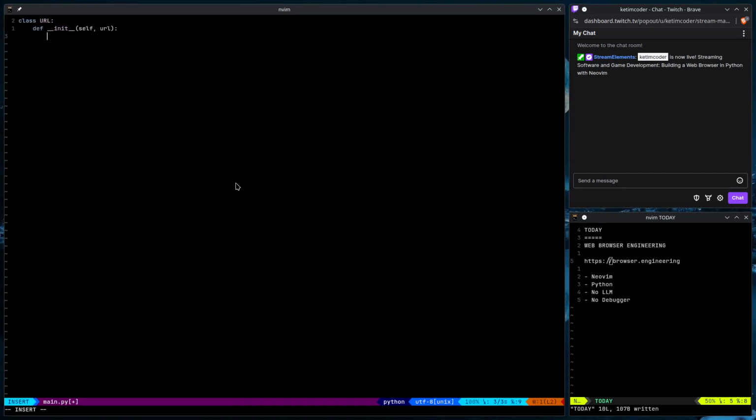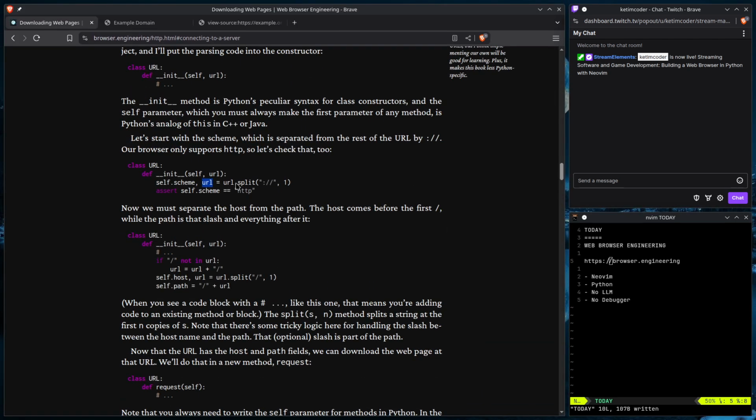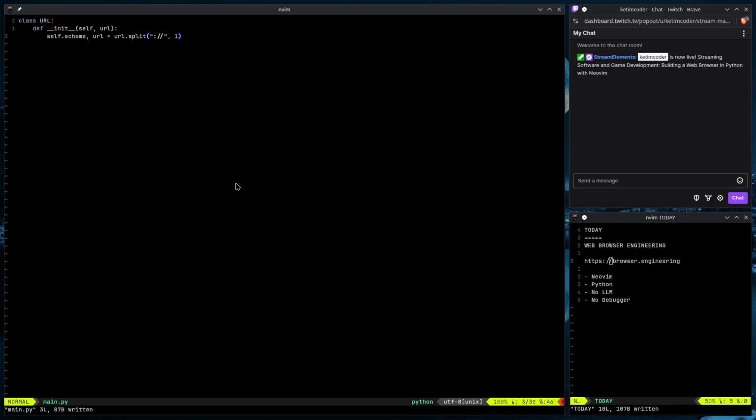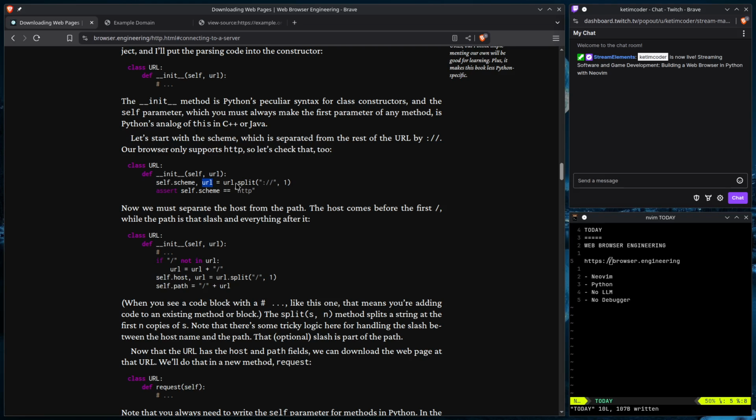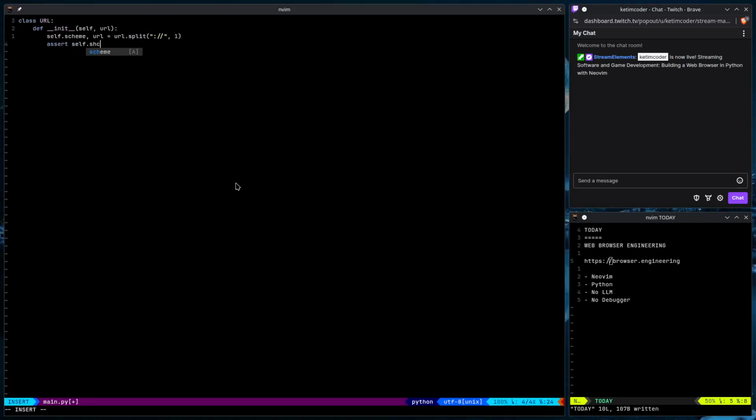So let's check this. I'm going to say self.scheme, then URL equals URL.split on what? On this, and do it only once. Okay, let's save this, and now it asserts that the scheme has to be HTTP. This is just to make sure. I forgot the syntax. To make sure that we have HTTP, obviously. So let me go here and